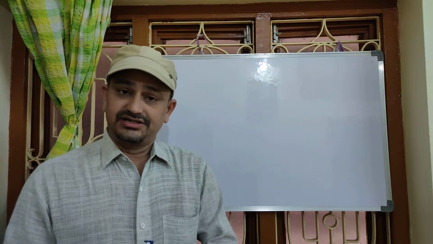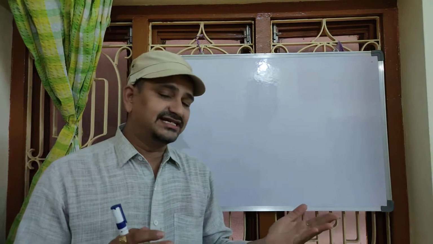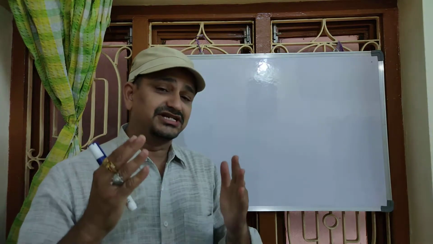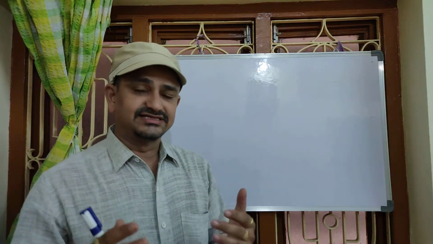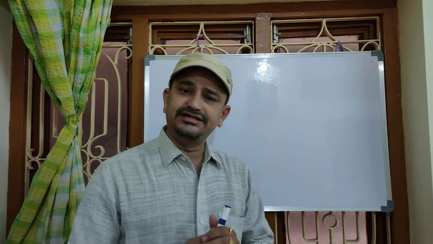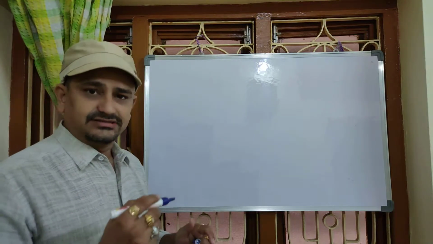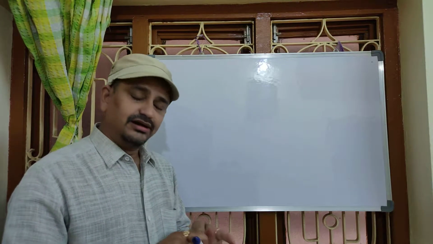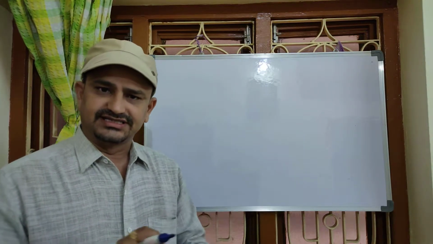Hello students, in this class we are going to determine the equivalent mass of oxidizing agents and reducing agents. But to predict an oxidizing agent or a reducing agent, we should be very perfect in finding oxidation numbers, which we discussed in the last class, right? In the last class we studied the determination of oxidation number, right? Now in that concept, let us study some special cases.